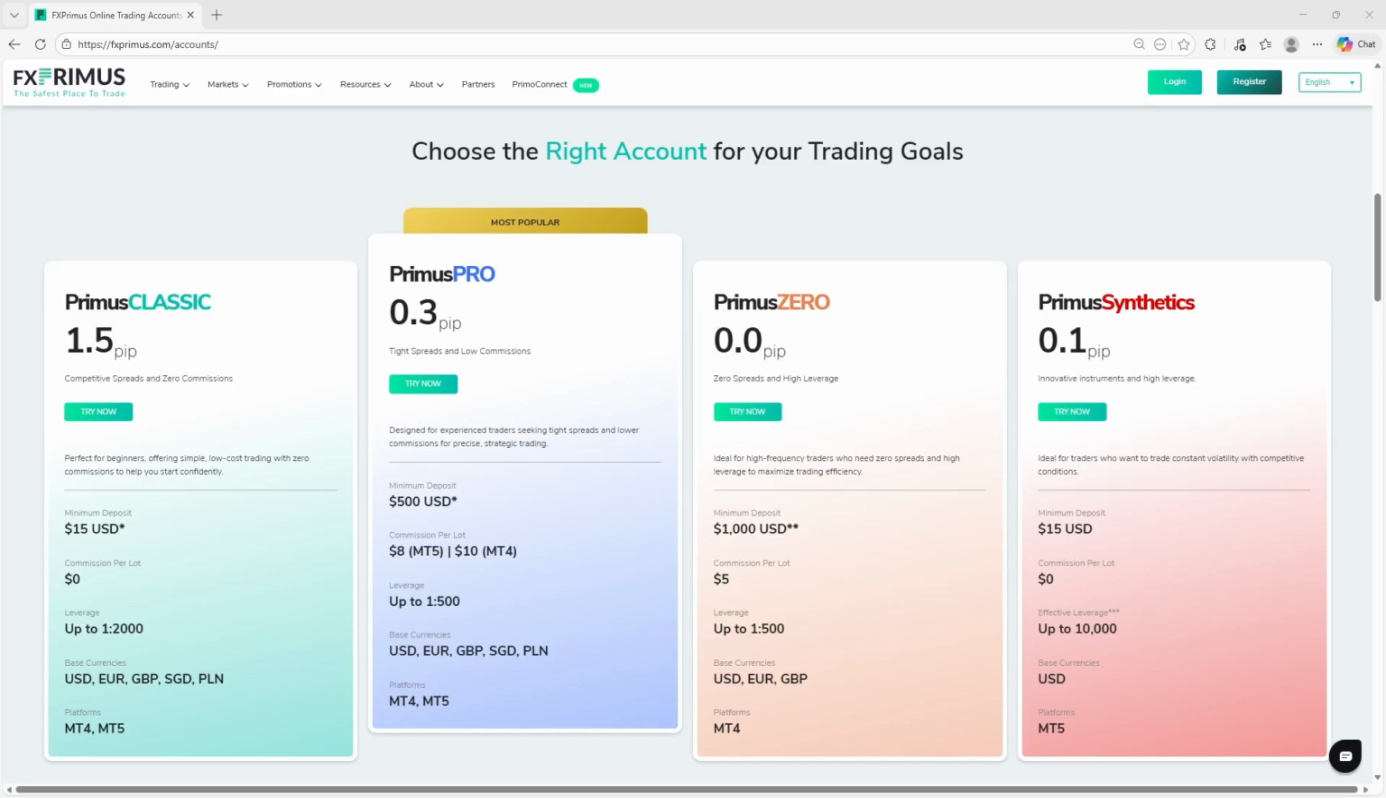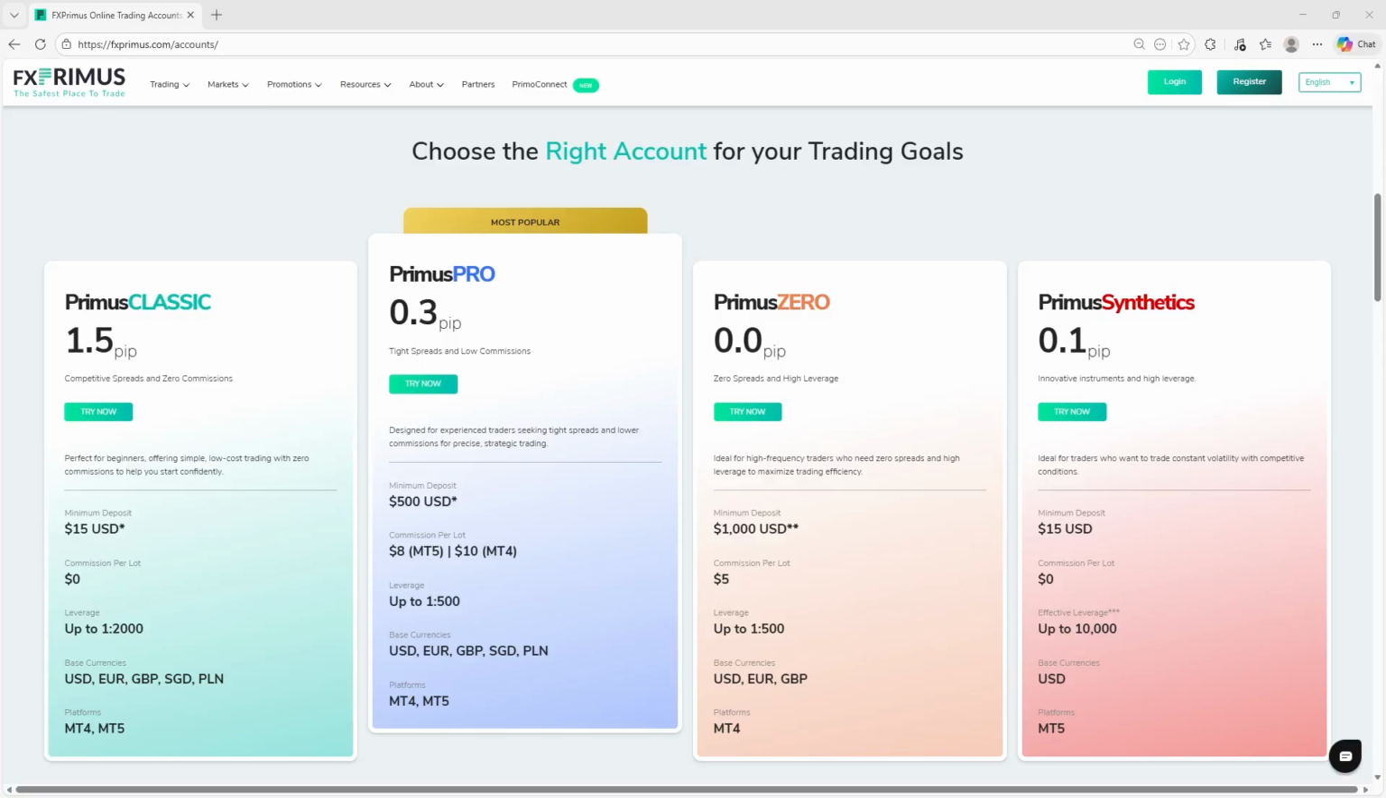The Classic account is positioned as the entry-level option, using wider spreads starting around the mid-pip range with zero commission, and a very low minimum deposit that makes it accessible to beginners who want simple pricing without per-trade fees. Leverage on this account can scale very high depending on equity levels, which lowers the capital barrier but increases risk